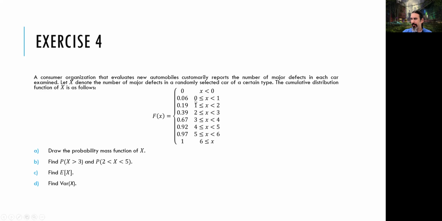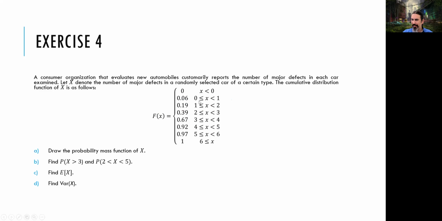So, for example, 0, 1, 2, 3, 4, 5, and 6. There can be jumps in any one of those points, okay? But the rest of them are the same, so there are no jumps there. So, when you take a look at 0, you can see that when x is less than 0, the cumulative distribution, the CDF is 0. But when x comes to 0 and goes to 1, up to 1, it's 0.06. So there's a difference, there's a jump at point 0, from 0 to 0.06.